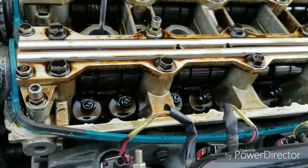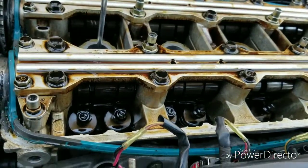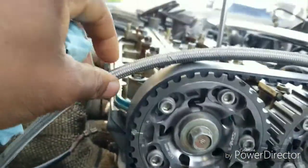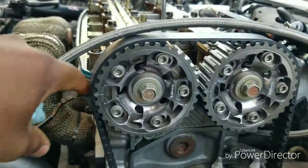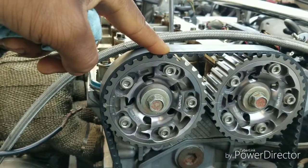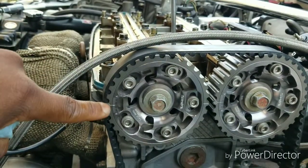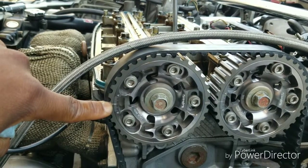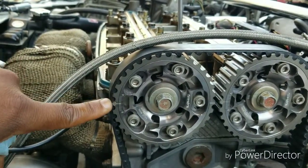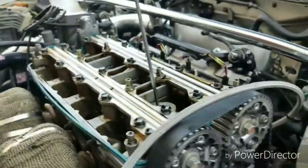Alright, after you adjust the rear, which is the intake side, you want to make it to where a 7 fits and an 8 won't. And you'll be done with cylinder number 1. The next one will be cylinder number 3. What you will have to do is top dead center. I already did it for cylinder number 3, but this was at the top for cylinder number 1, top dead center. All you have to do is rotate it counterclockwise 180 degrees. I should have left it alone, but I wanted to step ahead. Remember, this was at the top. 180 degrees counterclockwise, and we'll put this now facing the front of the car. Once you get both of these lined up facing the front of the car, you can adjust